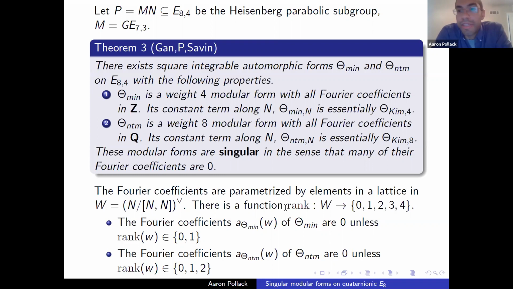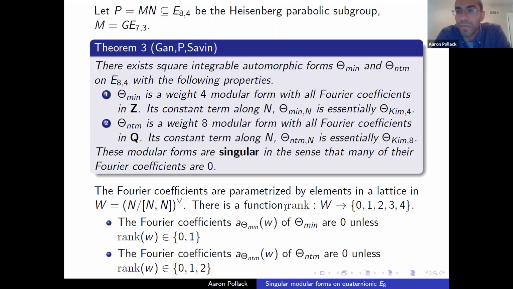E8 has this group E7 times SL2 sitting as a Levi of a maximal parabolic subgroup P. So that's important. Theta min is a weight 4 modular form with all Fourier coefficients in Z,